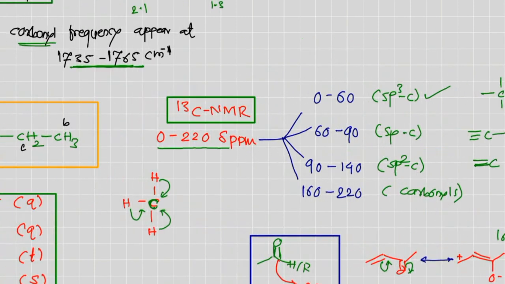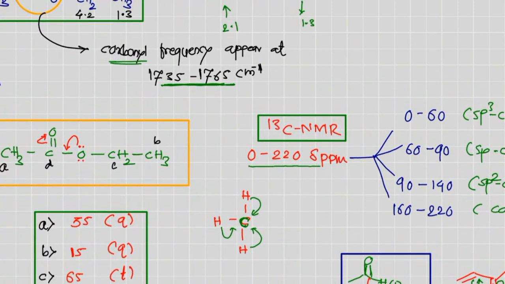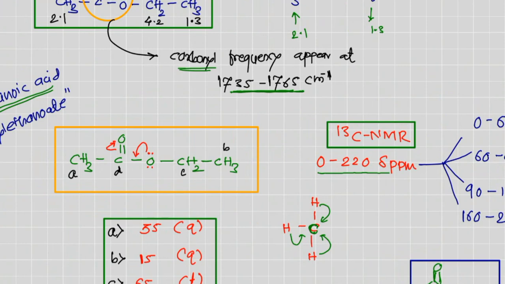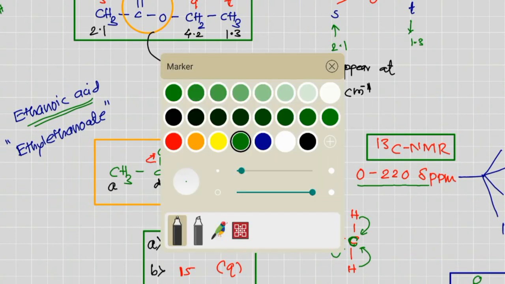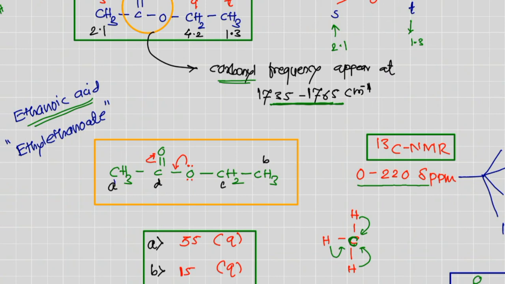So you can also assign all four carbons by using C13. Now you know that in ethyl ethanoate, how many signals are expected in C13? The signals are expected like this: this will be an A signal, this will be a B signal, this will be a C signal, and this will be a D. That means there are four different carbons, so four signals will be expected. So what about this A now?